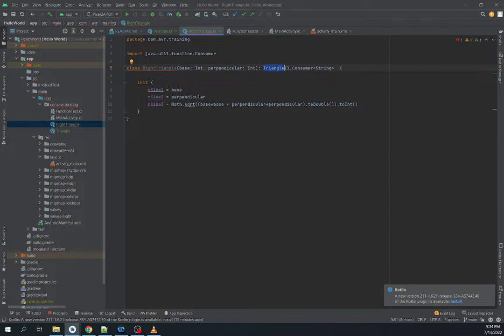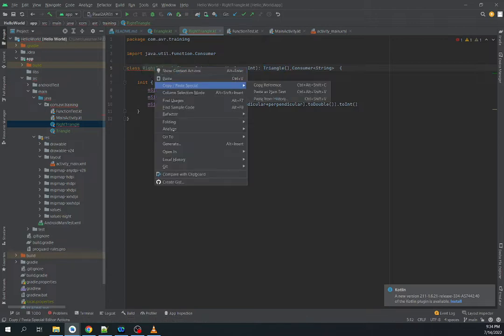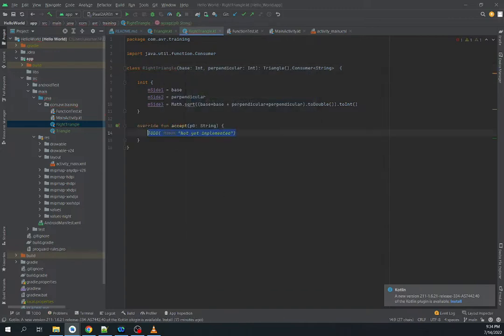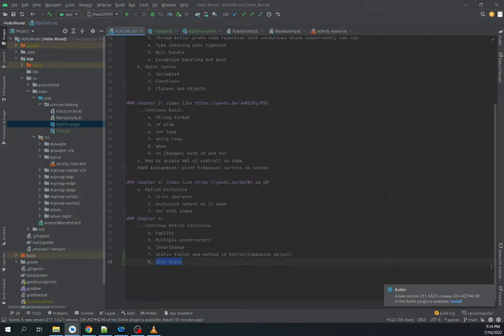If there is no class, then you can put constructor interface also, but you cannot put class after interface. So we have to implement the member. We have to remove this. Yeah, so this I told,